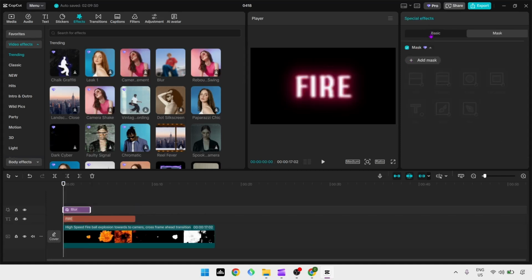Now switch to the Basic tab and move the playhead at the very beginning of the clip and click on this diamond button beside blur to add a blur keyframe. Next is move the playhead just a bit forward